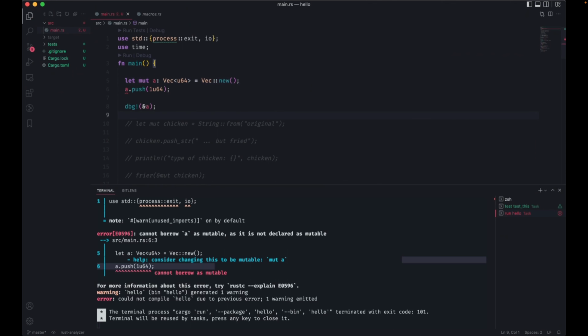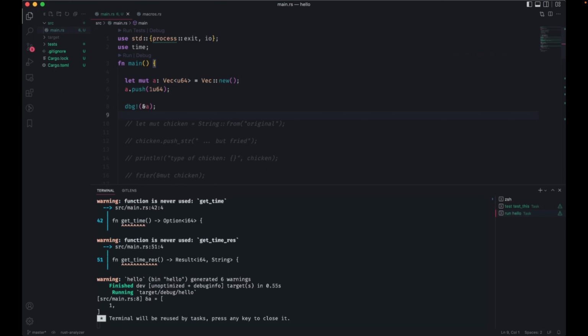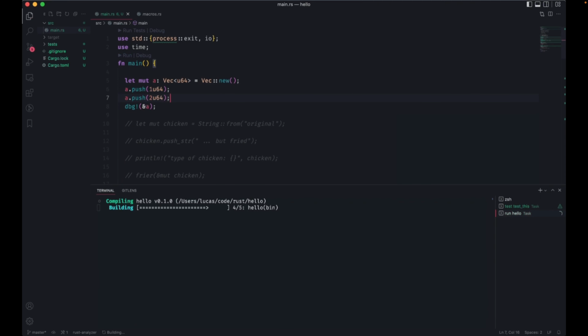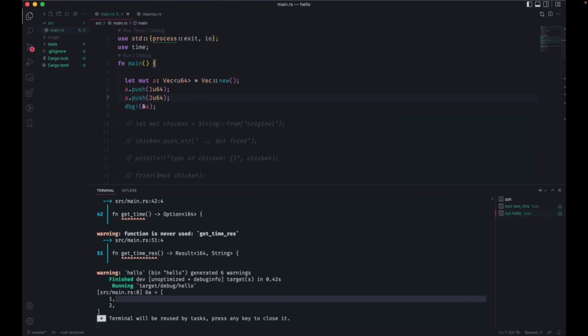See, Rust always wants things to be immutable, so I had to actually assign it as a mutable variable. So now there I go. I've now pushed the number 1 onto there. I'm going to push the number 2 as well. And this is fine.